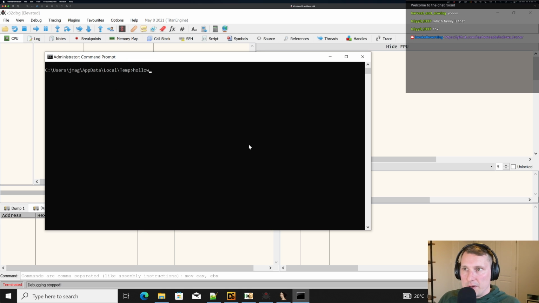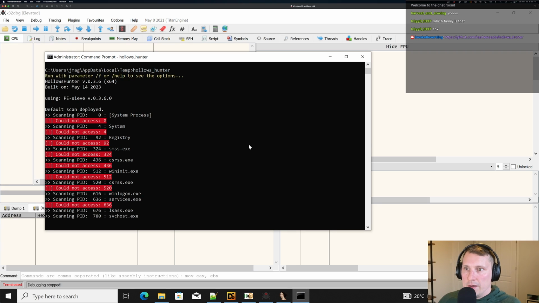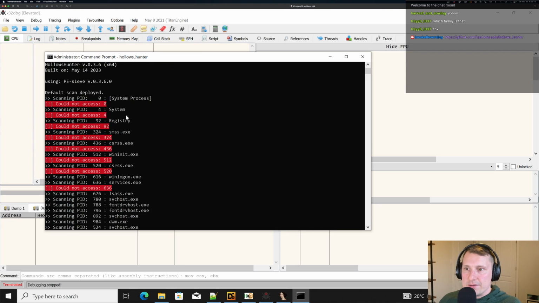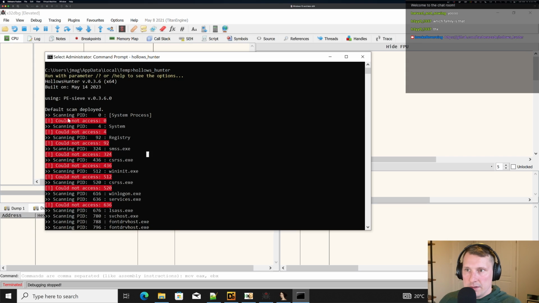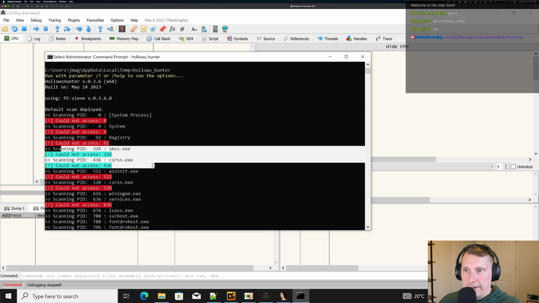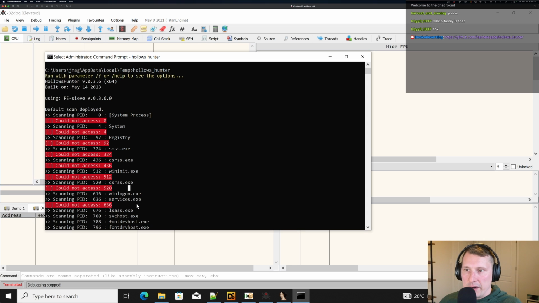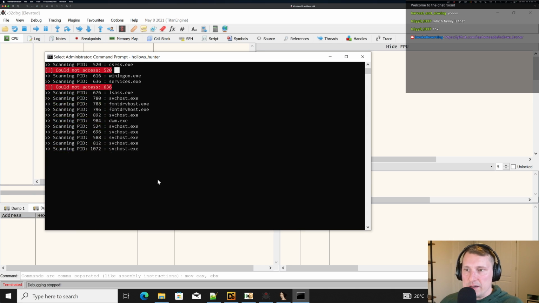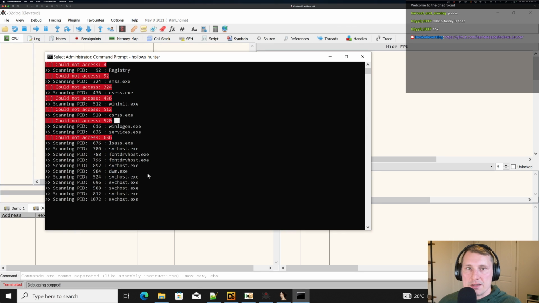If we just type Hollows Hunter, it still doesn't have access to some of these core Windows processes. That's just because we don't have those types of permissions for accessing these core Microsoft Windows processes, but we will be able to access the processes that we want in order to dump the